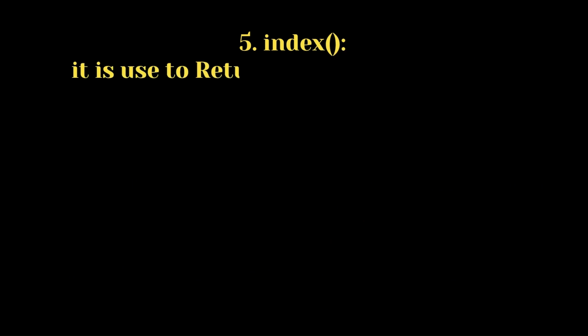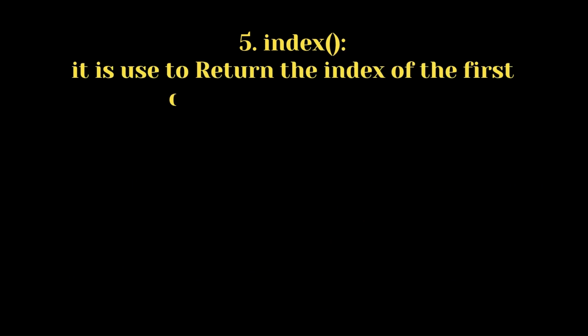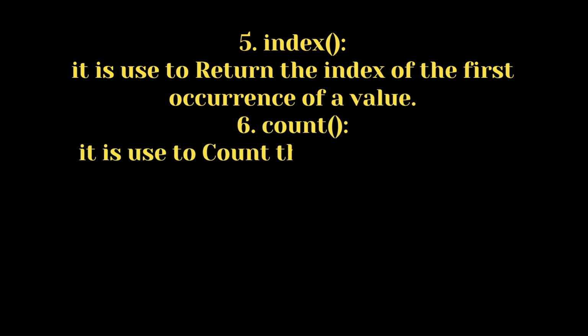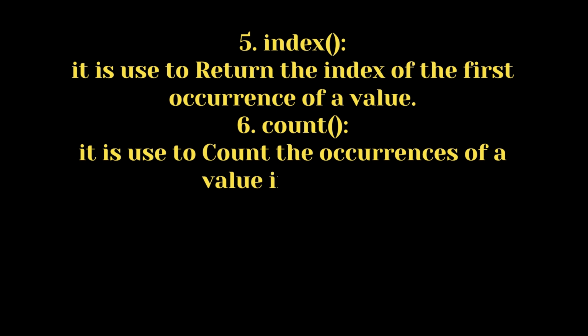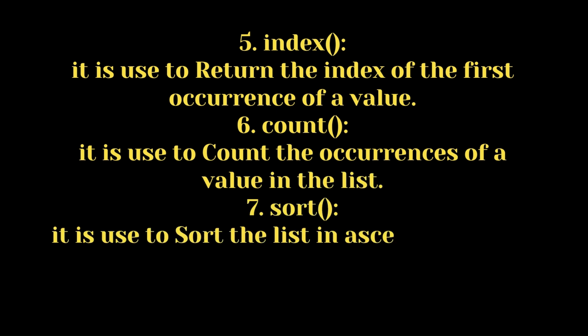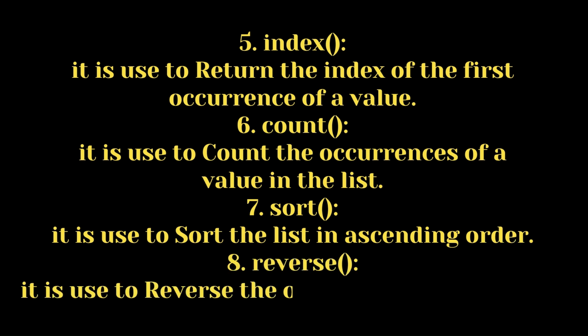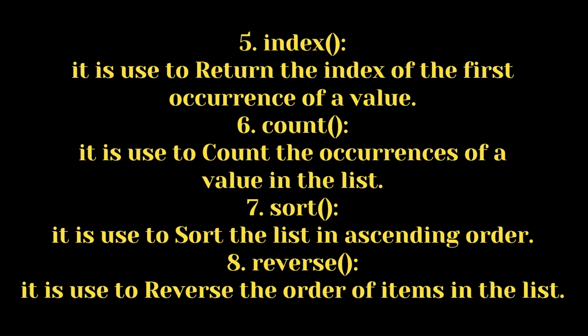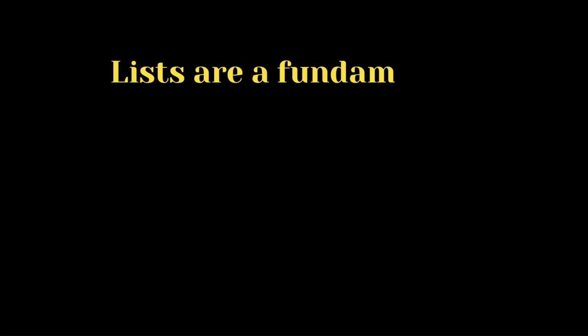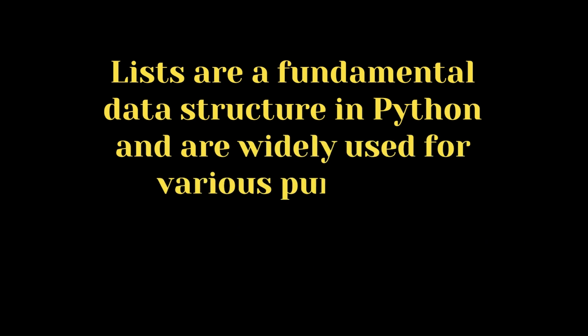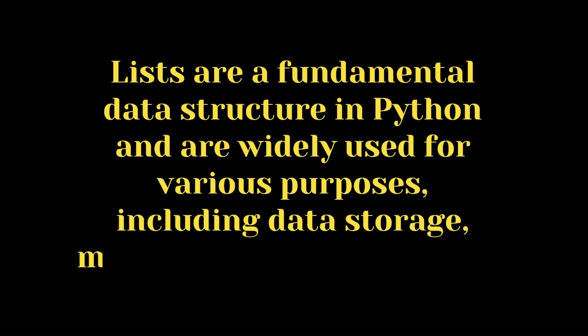5. Index. It is used to return the index of the first occurrence of a value. 6. Count. It is used to count the occurrences of a value in the list. 7. Sort. It is used to sort the list in ascending order. 8. Reverse. It is used to reverse the order of items in the list. Lists are a fundamental data structure in Python and are widely used for various purposes, including data storage, manipulation, and